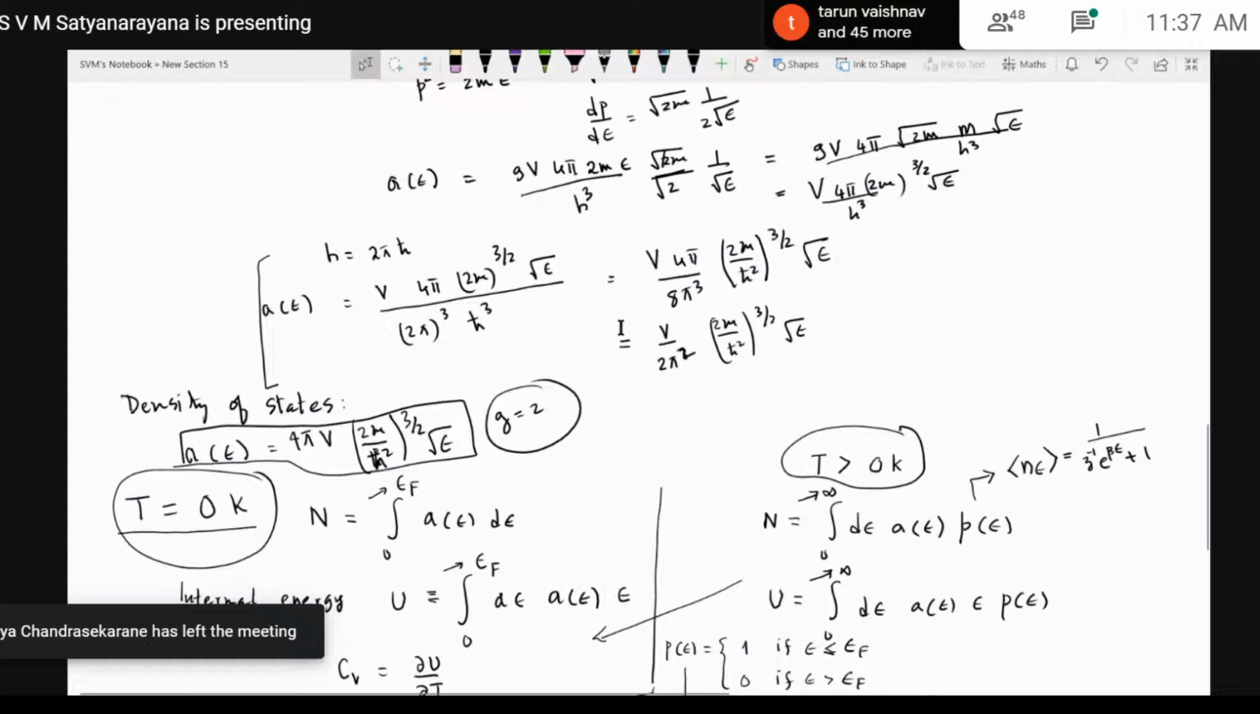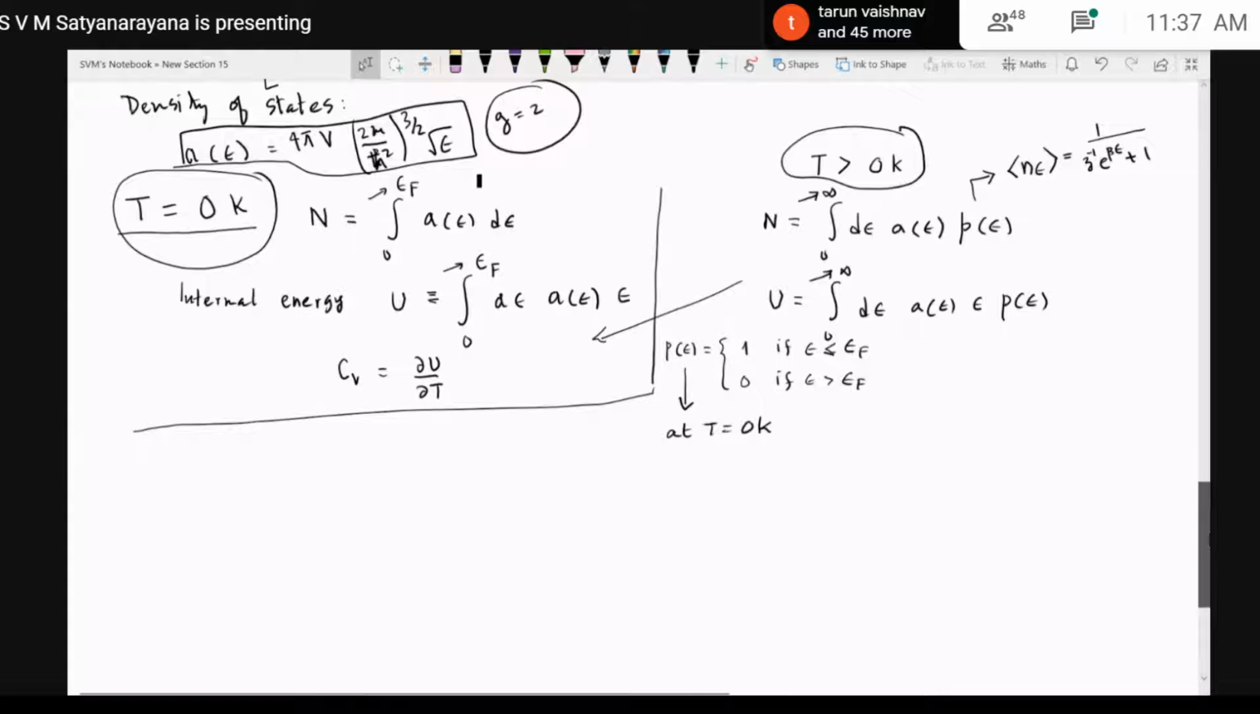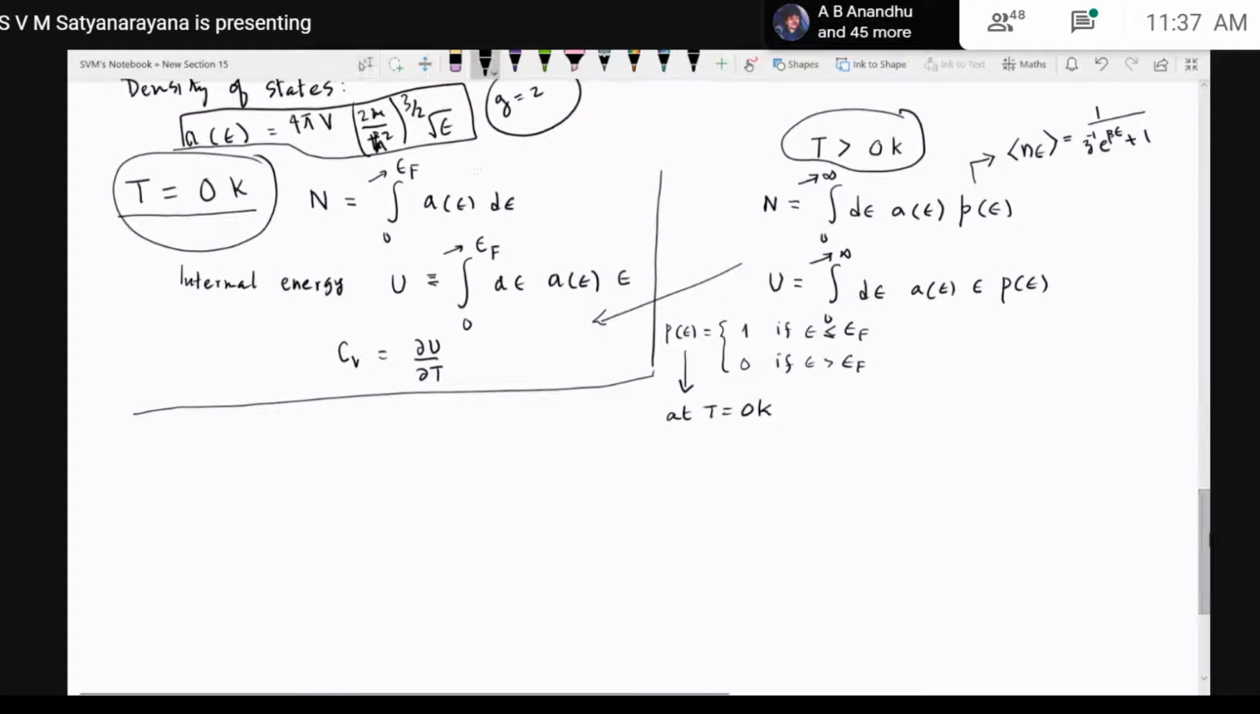So if I use this, then let us try to get our N. So N is equal to 4 pi V into (2m/h^2)